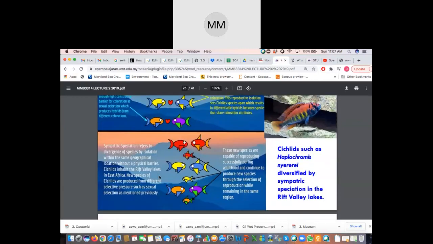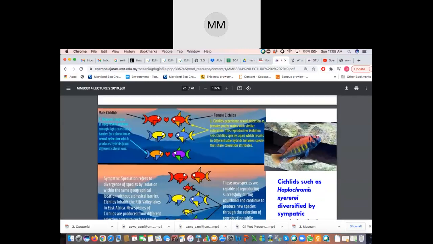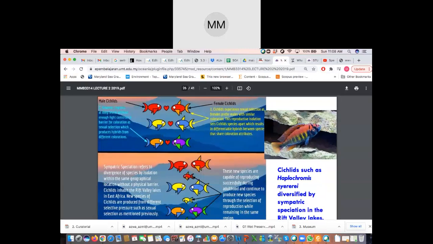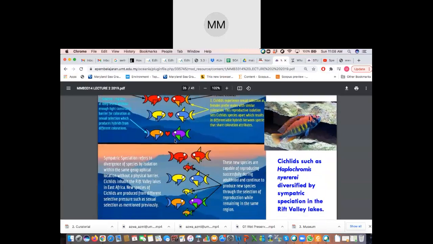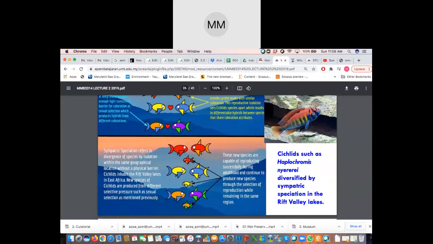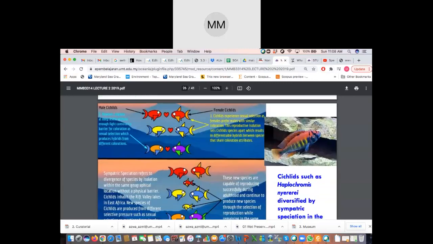Okay, so that's where sympatric speciation refers to the divergence of species by isolation within the same geographical location without a physical barrier. So you notice that there's no physical barrier, it's only light penetration. So it's very subtle, it's not quite seen. Okay, then of course, based on the examples they've given here. All right,